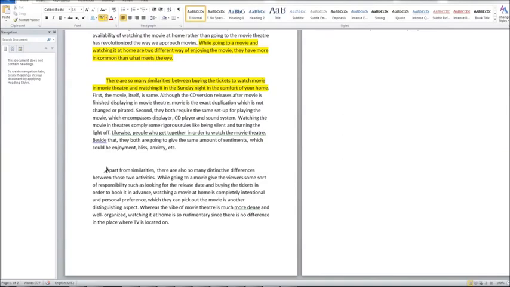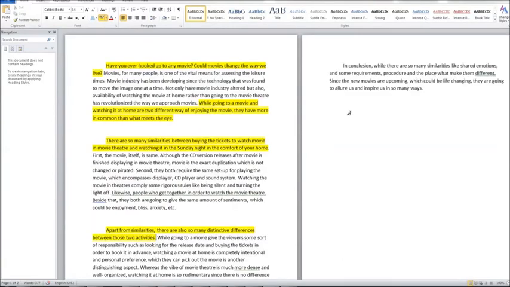So the topic sentences: apart from similarities, there are also many distinctive differences between those two activities. Yes. So what are those differences? We should make our statement much clearer by giving example sentences and examples. And in the conclusion, which is the last part of our essay, by the way,